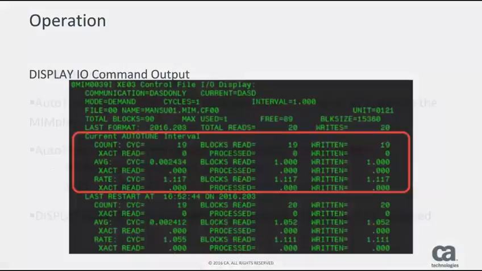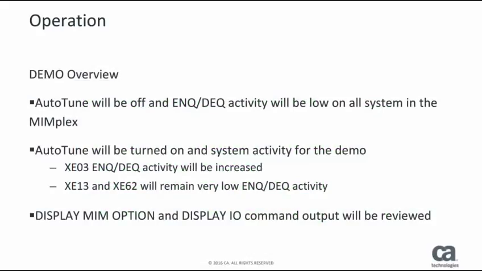benefit. In the demo, I will show you how interval values will change based on the NQ/DQ activity occurring on the system. To begin the demo, AutoTune feature will be turned off and all systems will begin with low NQ/DQ activity. AutoTune will be turned on and NQ/DQ activity will increase on XE03 while XE13 and XE62 remain low. During the demo, we will be looking at the Display MIM option and Display I/O command output to see the